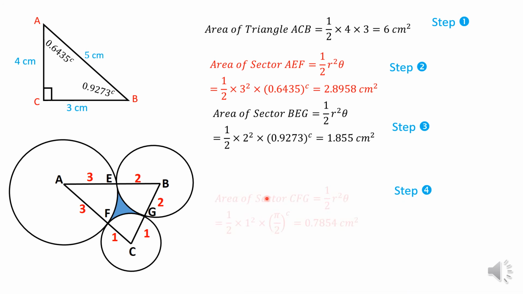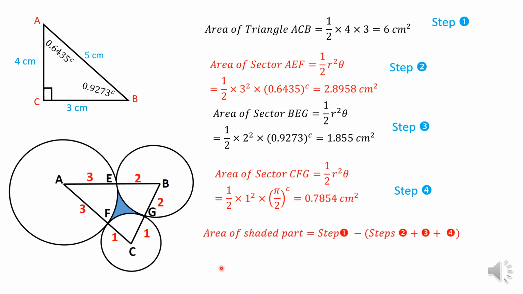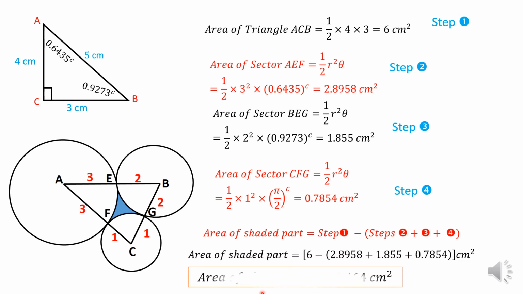Then the sector CFG. Obviously, this angle here is 90 degrees, as you can see on the diagram. So 90 degrees is pi upon 2, and the radius is 1. That gives me that. So now I have the areas for all three sectors and the area for the triangle. I will just have to subtract the area of the triangle from the sum of the areas of the sectors, as I have laid it out here step by step. So that's going to be equal to about